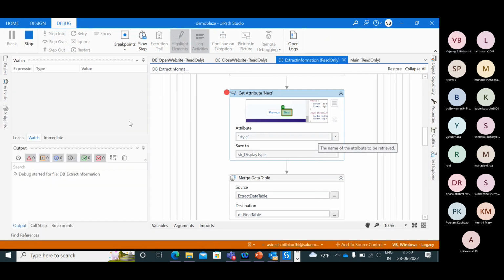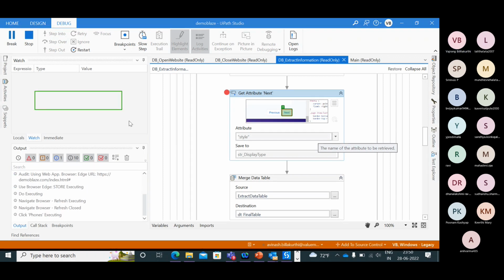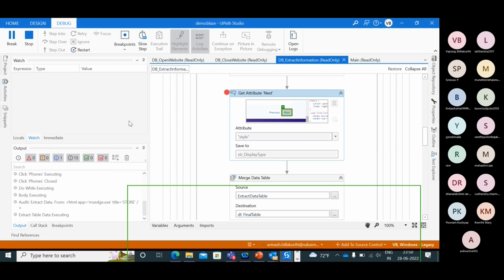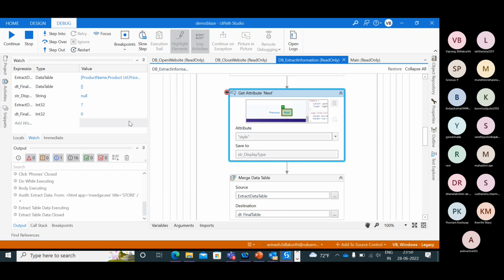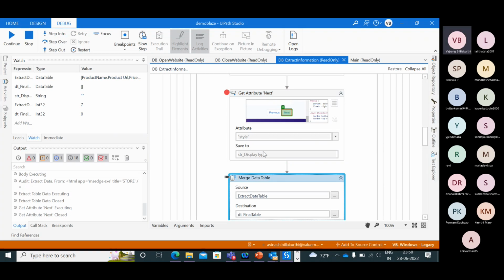What if the value is not coming in properly? Then how can we get it? So this style, if we don't get it, then let's see. Okay, now the style value is still empty, right? So how can I retry is what we'll see.